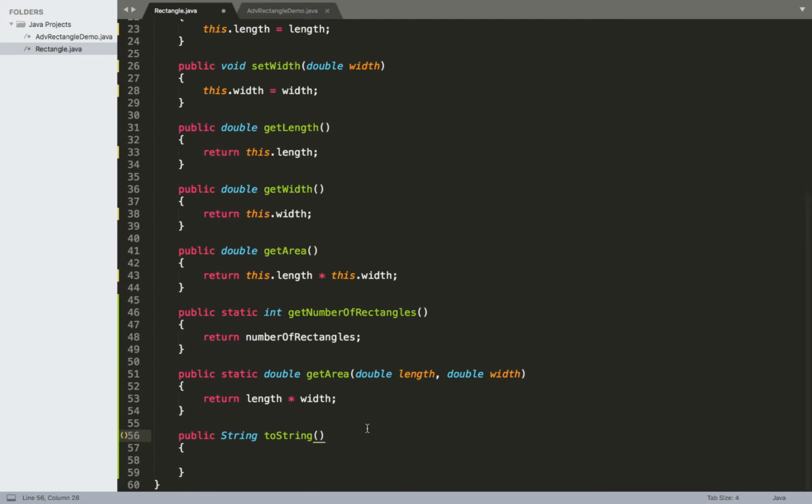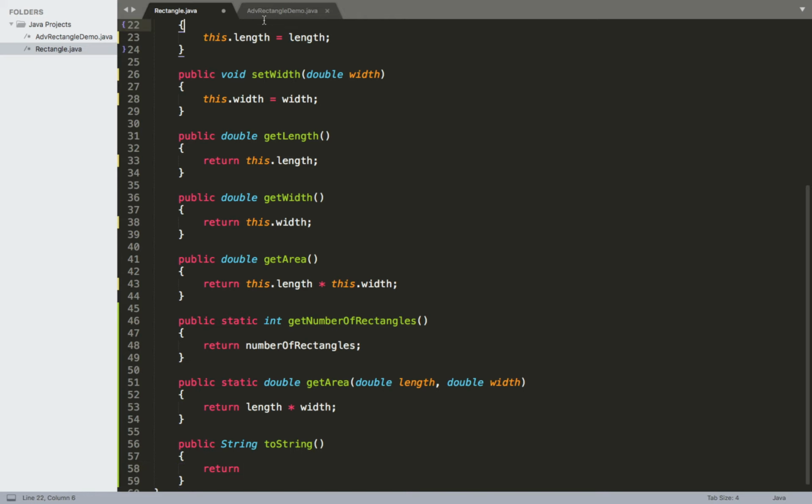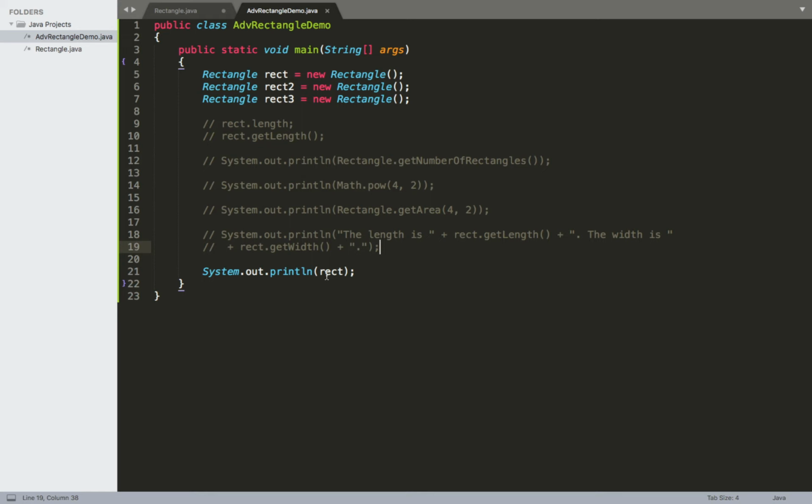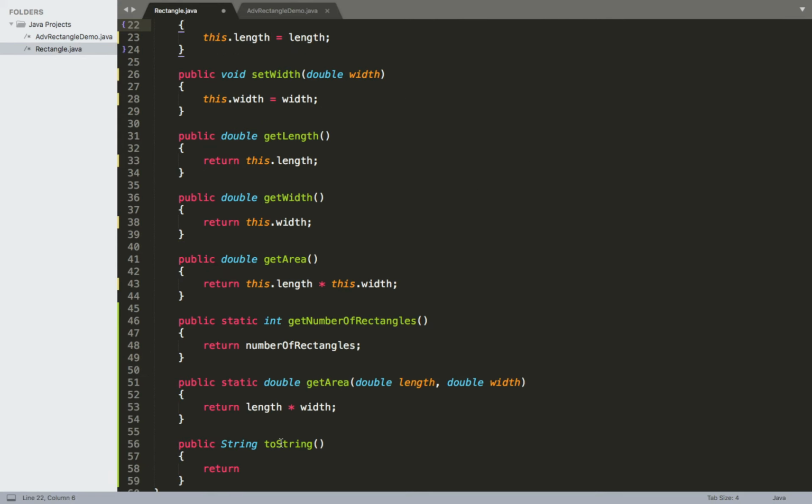And right here, we're going to insert a return statement that will return a string related to the objects of this class. So essentially the way this works is ToString is a method that is available for any of the classes that we implement. Essentially the behavior of it is that whenever we insert the name of the object into a print statement,